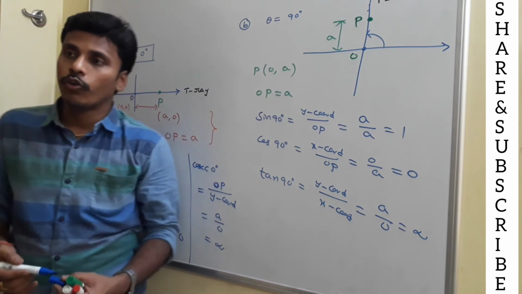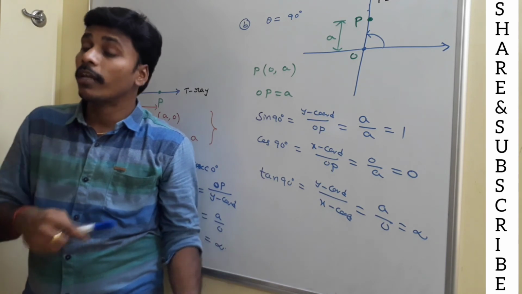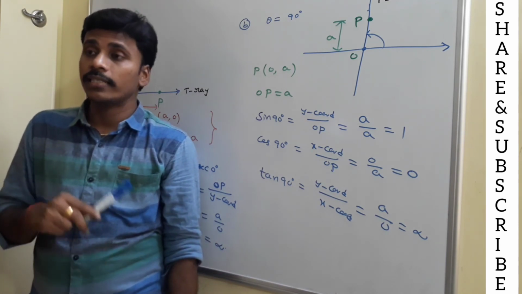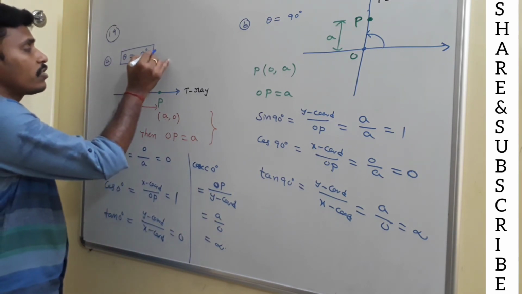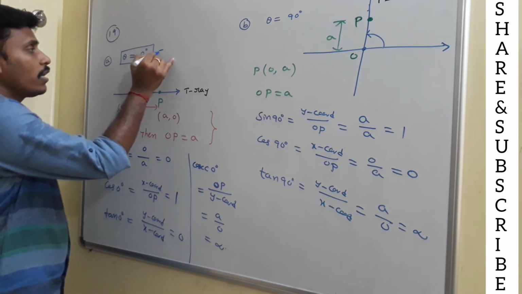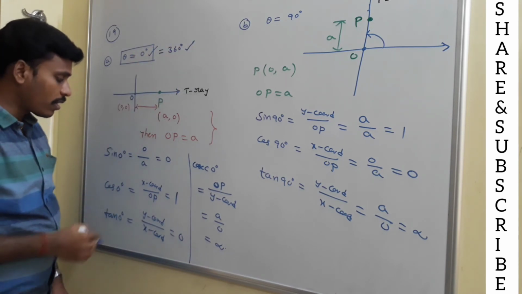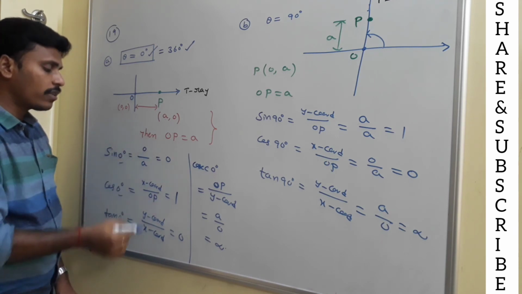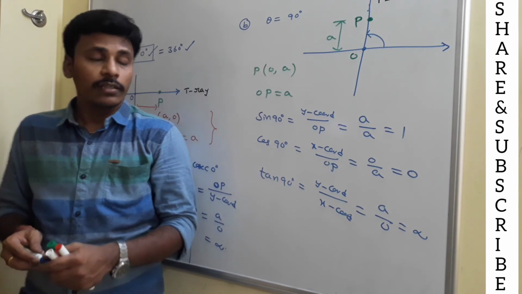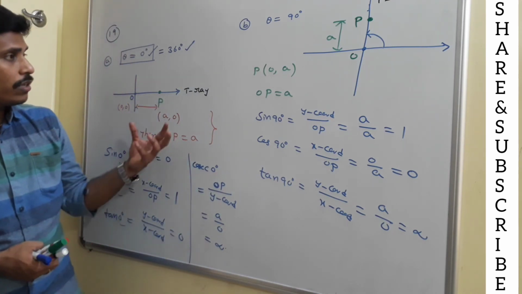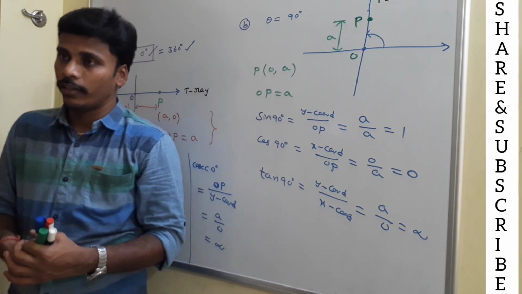And this is the way of calculating trigonometric ratios for an angle of 0 degrees and 90 degrees. Similarly, you can calculate for 180 degrees, 270 degrees, and 360 degrees, everything. We are very familiar that 0 degrees is equal to 360 degrees, because the terminal rays are the same. Since the terminal rays are the same, you just change these angles, but the answers are still the same. Just have a look at this, and I will give you the values for the trigonometric ratios if the angle is 180 degrees and 270 degrees, everything.